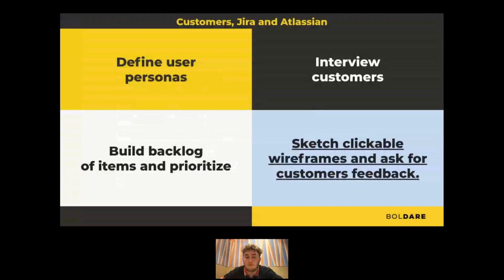And also worth mentioning, I've spent some time at Atlassian working on a Jira product, so that was a really nice journey to Sydney, spending sunny vacations, and there I learned a lot about user personas. So we say customer-centric approach and all of these things, but customers may be different. There might be a few user personas that you need to be aware of. And those personas you would like to interview.